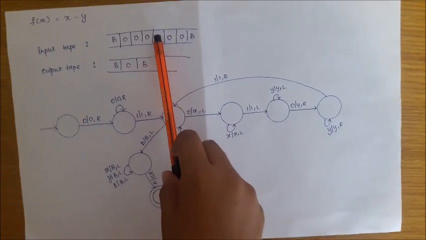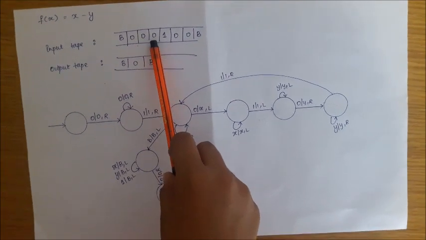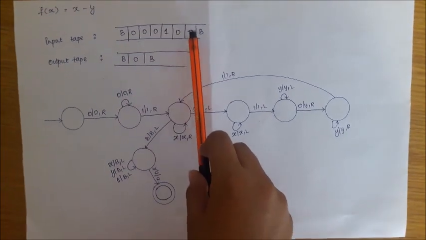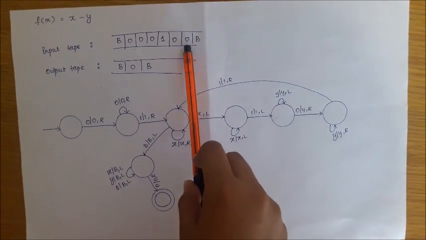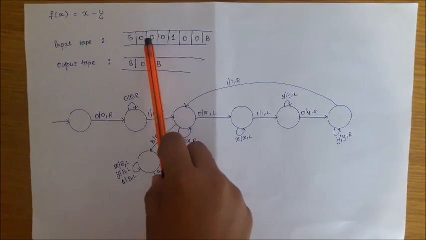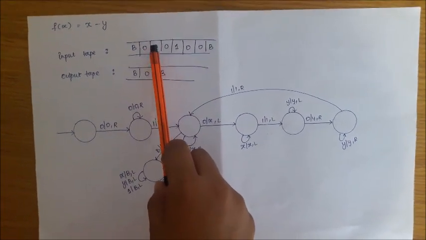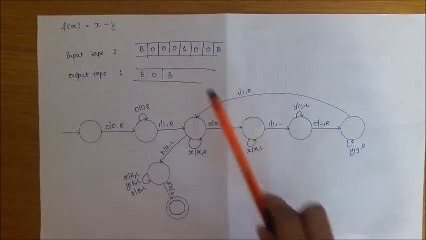It moves backward past 1 to find a 0 and the 0 is replaced with y. Then it again moves back to find if other zeros are present. If another 0 is present, it replaces the 0 with an x and moves backward to find another 0 and replaces it with y. So the output tape contains only the result of the computation.